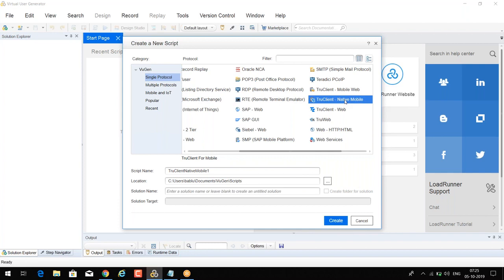Apps like WhatsApp, IRCTC, any bank app: if you want to do an NFT test on that app, you can simulate it with the TrueClient native mobile protocols.